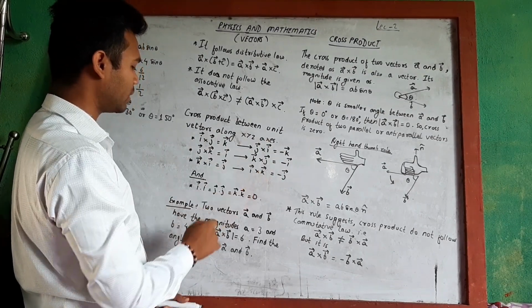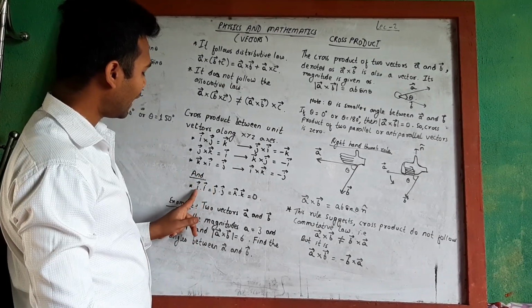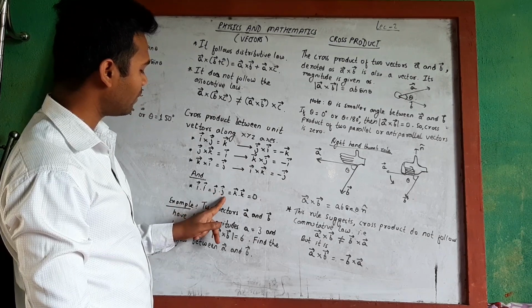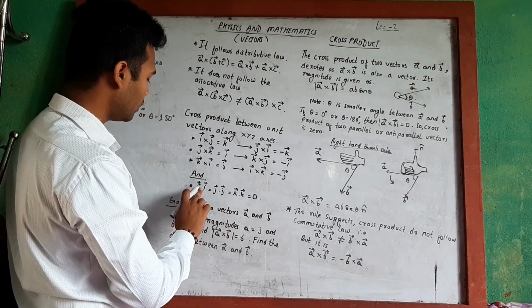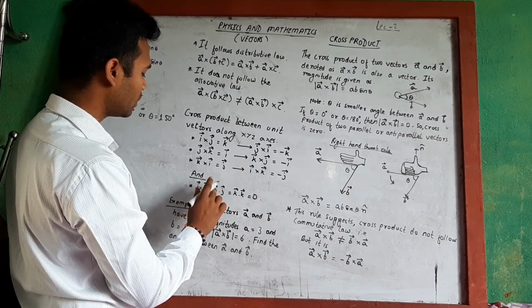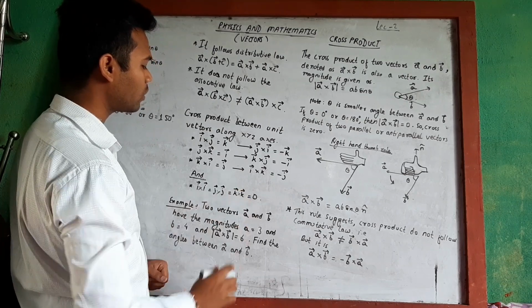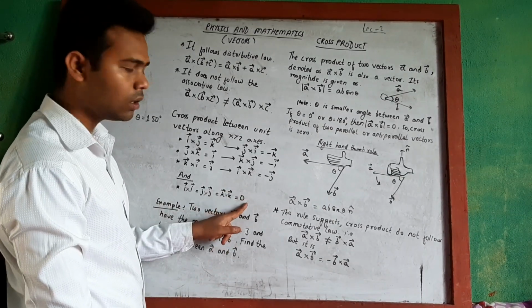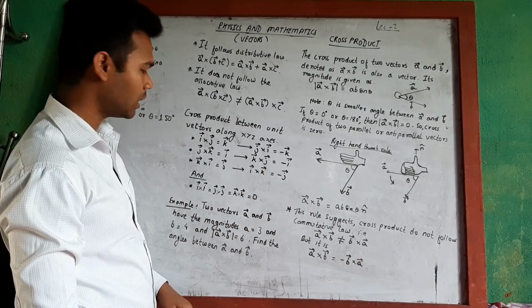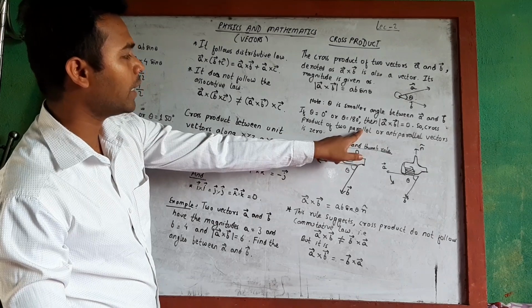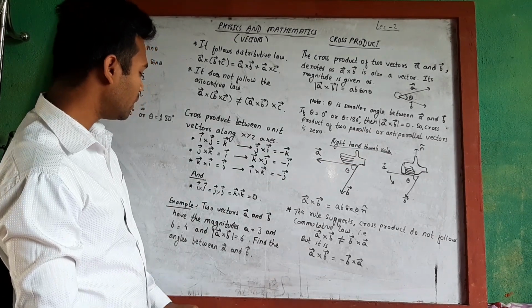This is for the mutually perpendicular axis unit vectors. Now next, what will happen if we take i vector cross i vector, j vector cross j vector, and k vector cross k vector? These will be 0, since these are cross products between parallel vectors. Here we have known that the cross product between parallel or anti-parallel vectors is 0.